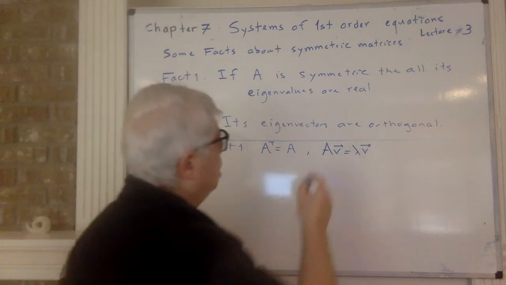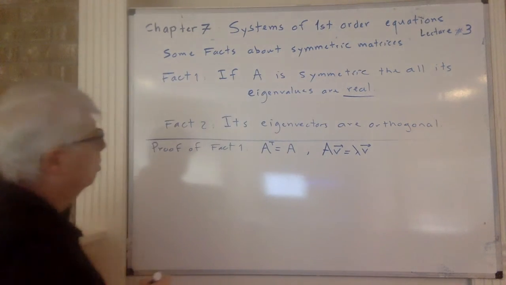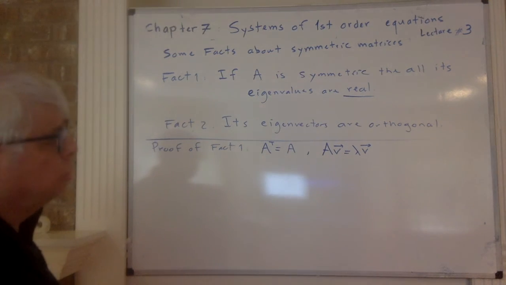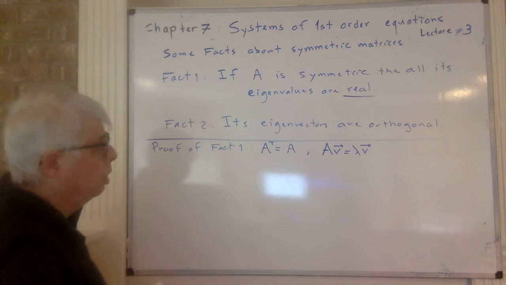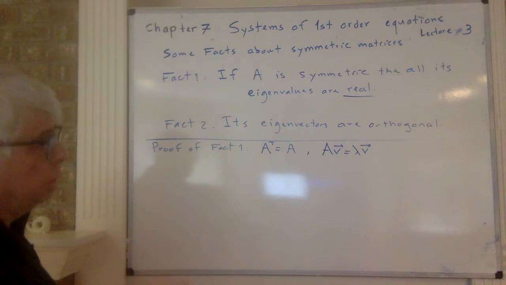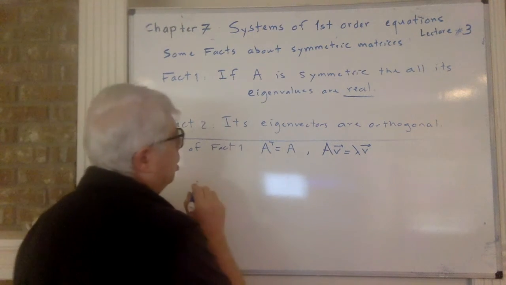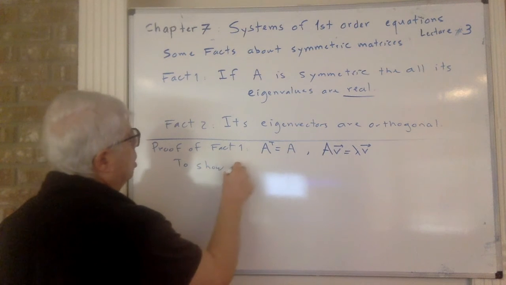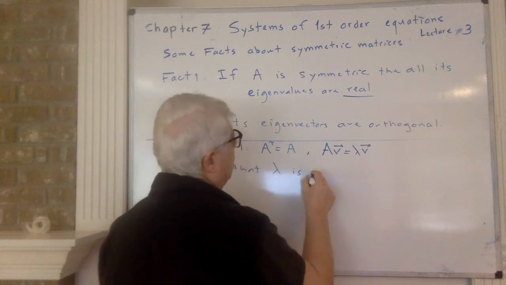Now, when I say real, remember I solved a problem last time, an eigenvalue problem with complex eigenvalues and complex eigenvectors. So it can be complex. Now, to show that lambda is real,